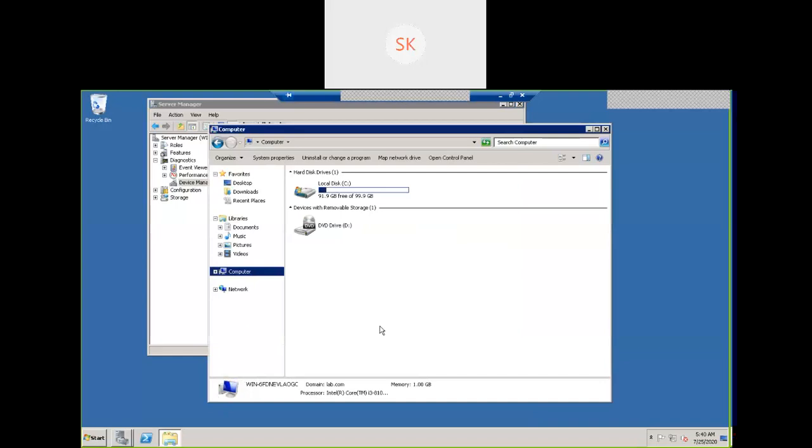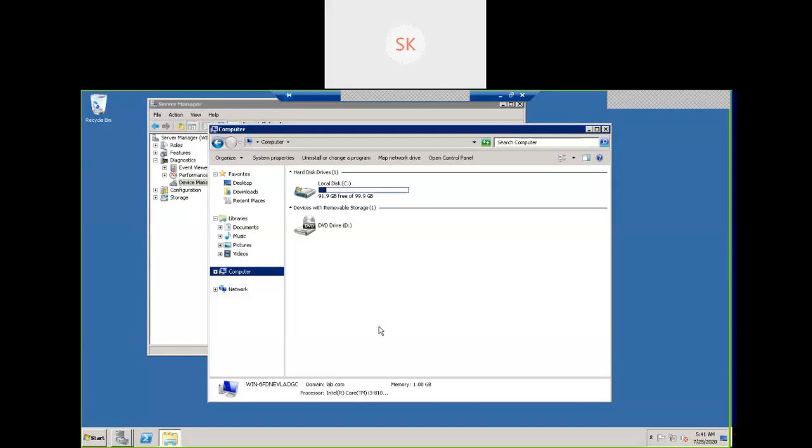Disk space: we created a hard disk. Generally in earlier versions, we work on legacy environments, maybe 2000 server or 2003 server. There the storage may be 100 GB, and most systems may be configured with 20 GB or 40 GB. On the same drive, we install the respective application, whether it is a DB server or any other application. What is going to happen? The space gets consumed, and there won't be any free space available.